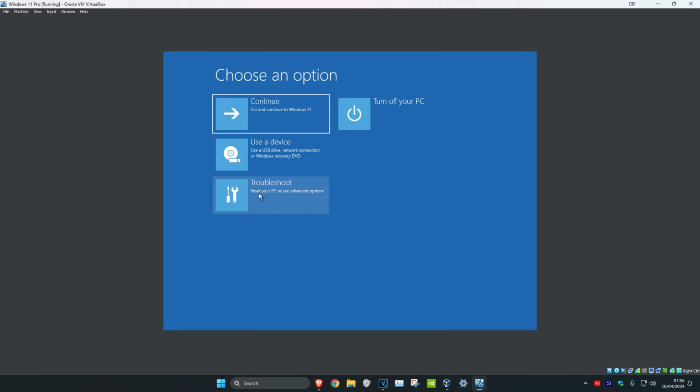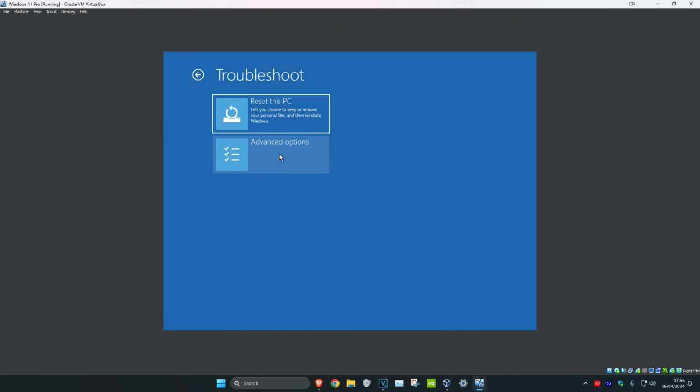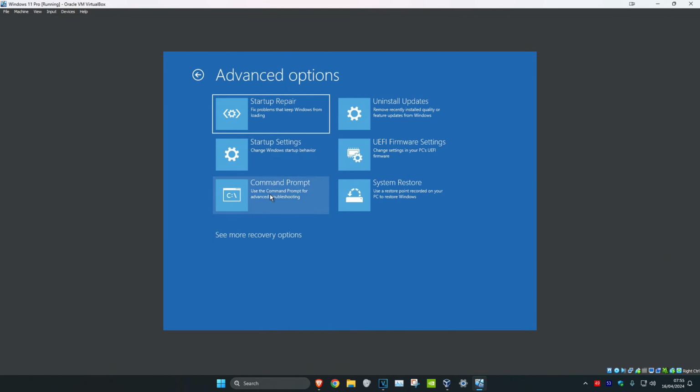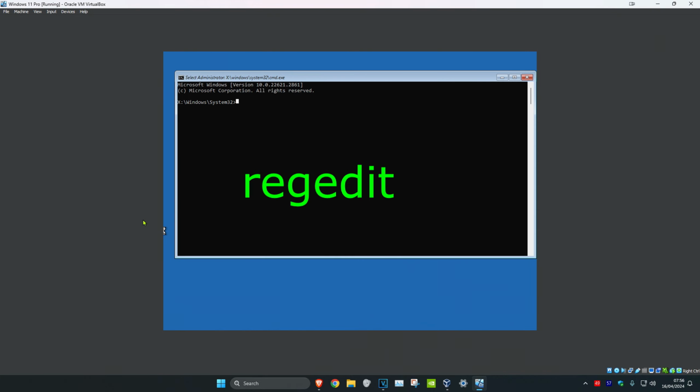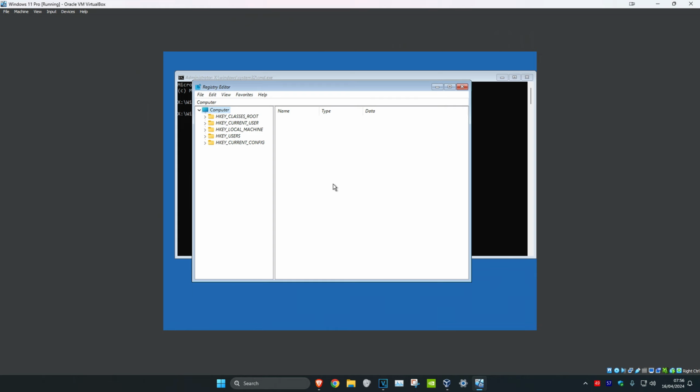Now once you're on this, you want to click on troubleshoot and then click on advanced options. Then you want to click on command prompt. You want to type in regedit and then click on enter, which will then bring up the registry editor. Now once you're on this, you want to click on HKEY_LOCAL_MACHINE, then click on file and then click on load hive,